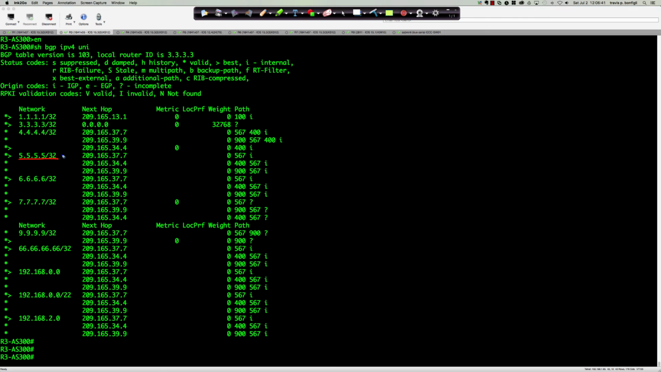5.5.5.5/32. Now we know this is coming from AS567, and we know it's router 5. 6.6.6.6, same thing. It comes from AS567 from router 6, as well as 7.7.7.7, which comes from 567 from router 7. Now, when we take a look at these 3 prefixes, this is router 3's view. This is the local BGP RIB, routing information base, right? The database on router 3,